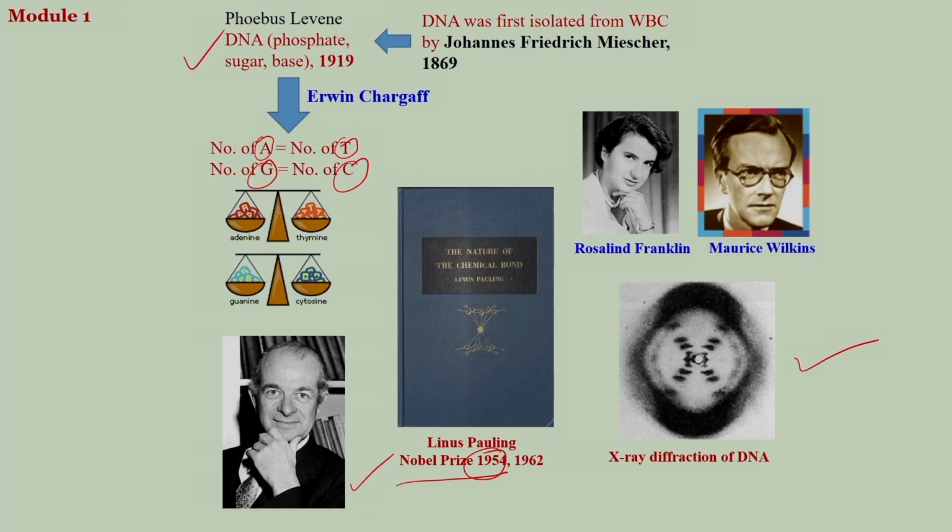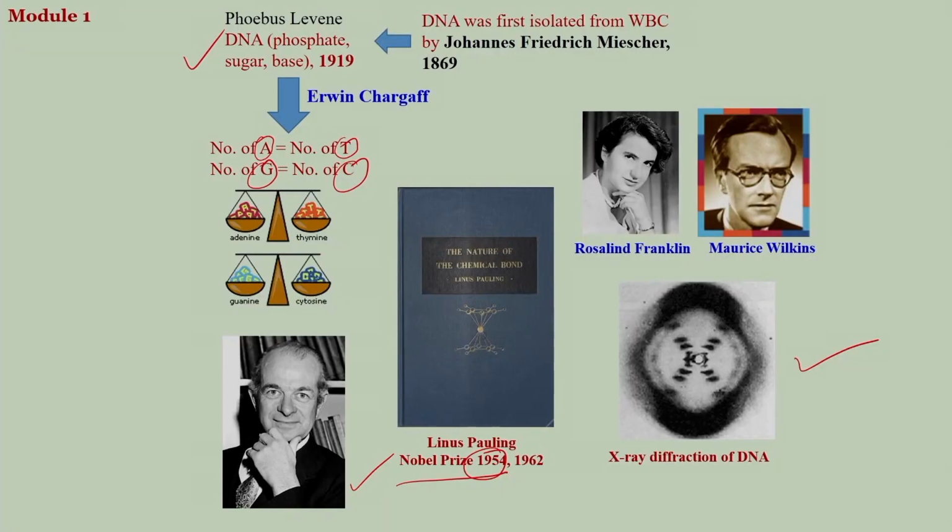What Watson and Crick did was accumulate all the right information: adenine, thymine, guanine, cytosine equivalents, keeping in mind that DNA should be symmetrical. They knew, of course, that DNA has phosphates, ribose sugar, and nucleobase. On that basis, they started making the models. When they were doing the models, they very carefully kept the bond lengths and bond angles as given in this book. Using this, they came up with the final structure of DNA.